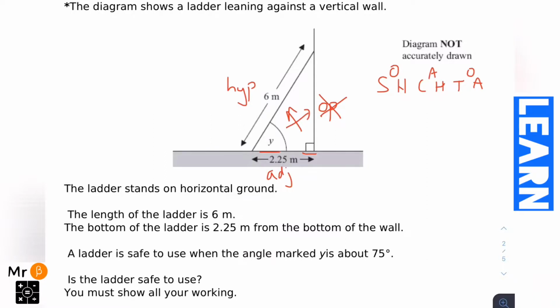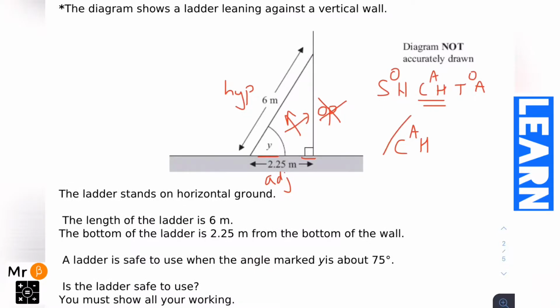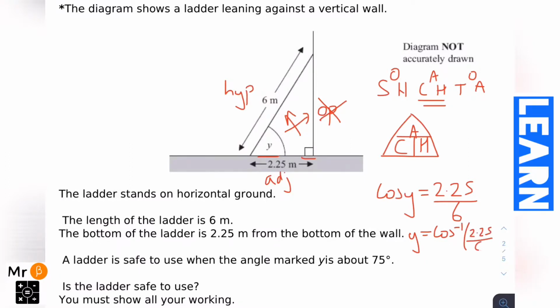We're going to select the correct triangle. We've been given our adjacent and hypotenuse, so we know it is our ka triangle. So now we need to work out the missing angle. That is always the first letter. So it'll be cos of y is equal to our adjacent side, 2.25, divided by our hypotenuse side. Again, to work out what y is, we do cos to the minus 1 of 2.25 divided by 6, which gives us our final answer of